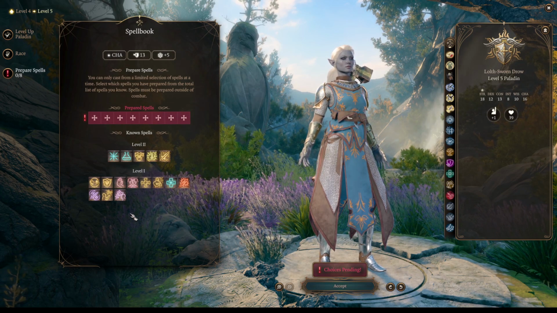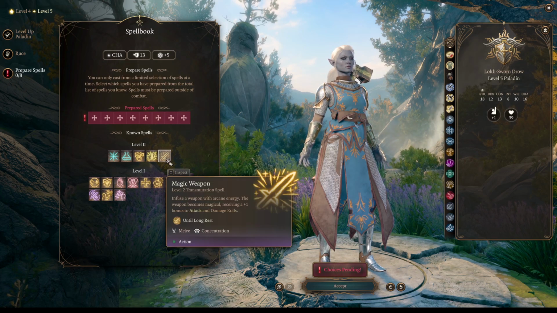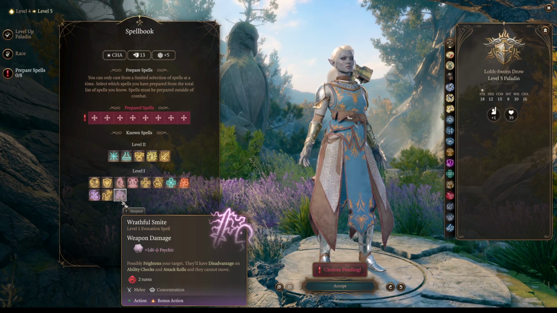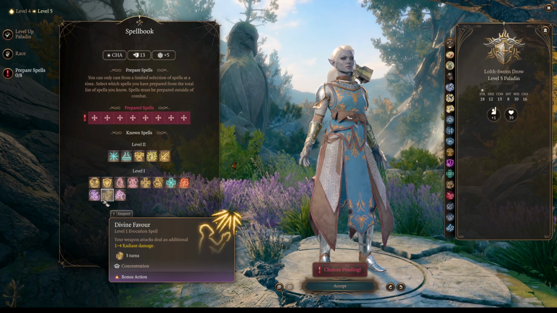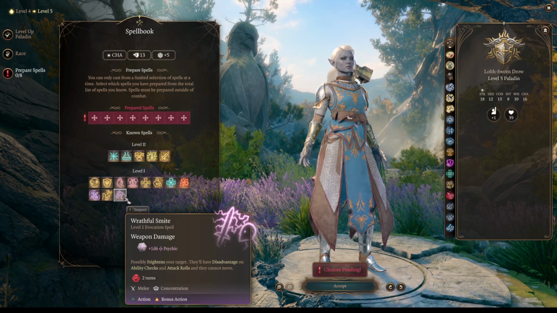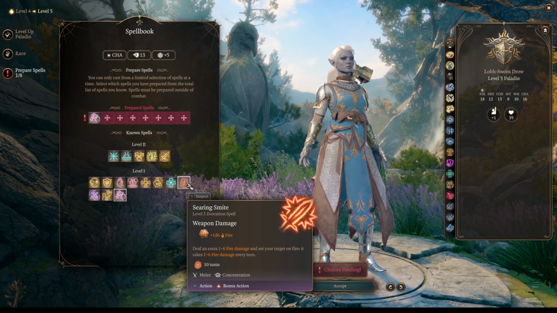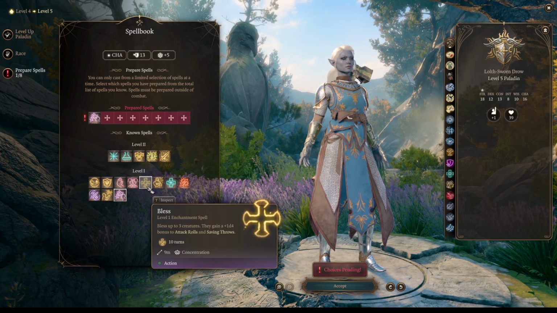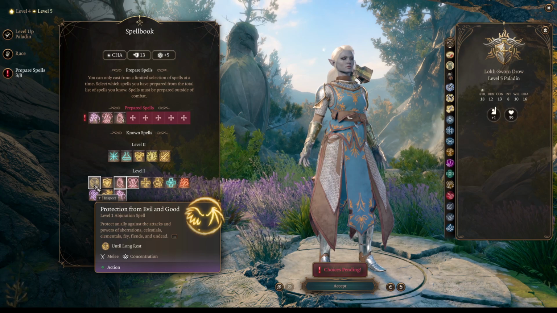Okay. Let's see. Wrathful Smite. We're not really using the other smites. We're mostly relying on Divine Smite. What is this one? Possibly frightens your target. Yeah. Divine Favor. Concentration. Thunderous Smite. Pushes your target away and possibly knocks it prone. Not super great for us. The Frightened could be good. Searing Smite. Damage over time. Yeah, that's kind of okay. Cure Wounds. Heroism we don't need. Bless we don't need. Compelled Duel can be good. Command can be good. We don't need Shield of Faith or Protection from Evil and Good, so...